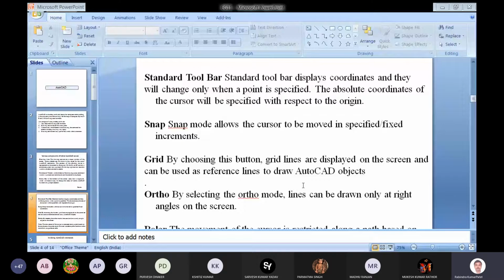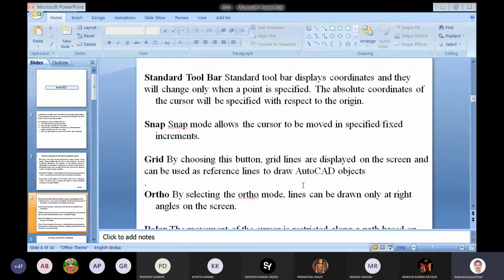Snap is a icon which can be used to turn on or off, and the snap is used when we want to pick any point, even if we haven't reached that point exactly. Then also the snap tool is used for selecting the particular point.